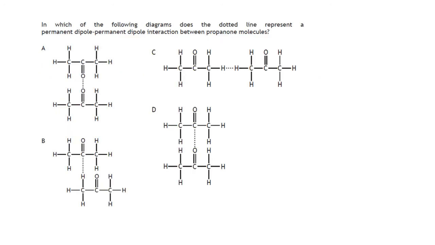This is the final one of the multiple choice questions, and this is asking us to show which one of these diagrams has a dotted line that represents a permanent dipole interaction between propane molecules. Now remember, permanent dipole means that we've got a delta positive being bonded to a delta negative between molecules. Now if we look at a propane molecule,